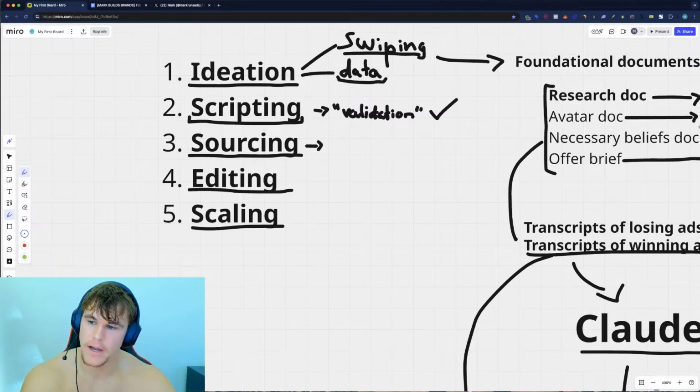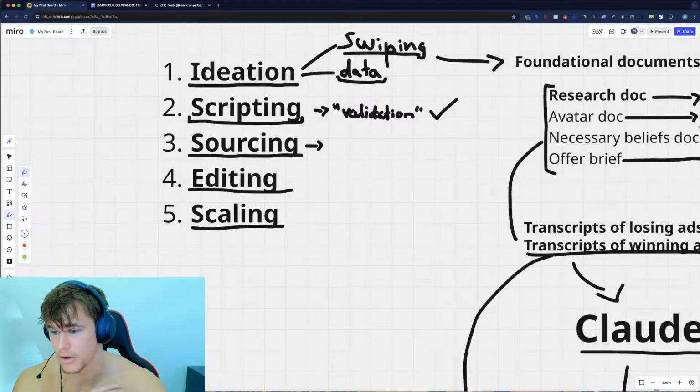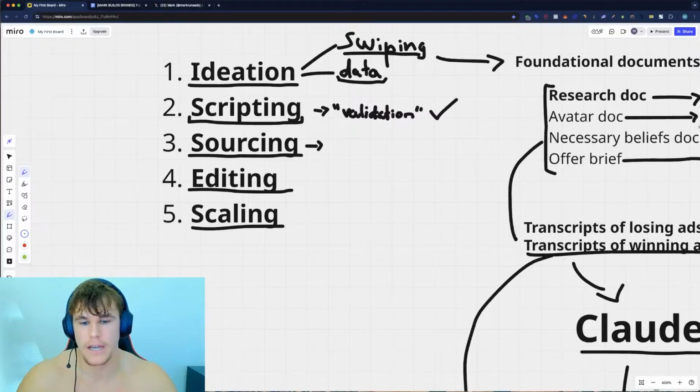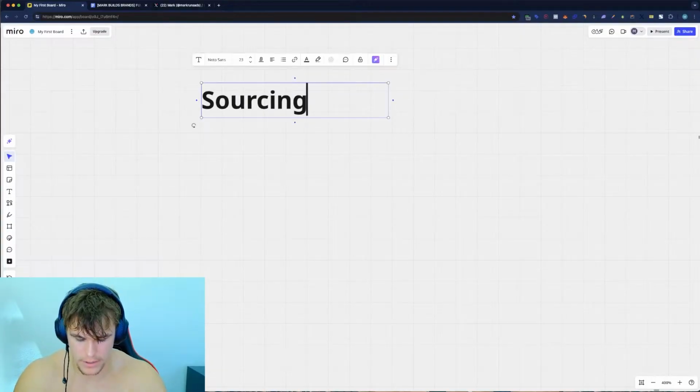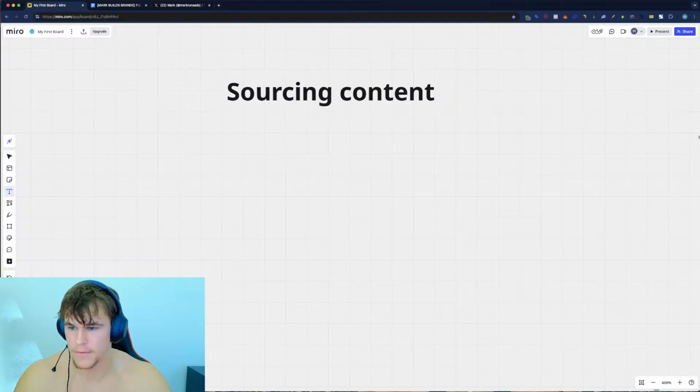You get it. For me, I don't participate a whole lot in this process because I have a team. So I'll literally just say, hey, this is a script. I send it over. I send the general ad ideas, like what type of ad is this? Is this UGC? Is this going to be VSL, traditional? Is this going to be a typical ecom ad, static, etc.? I'm going to use all that and send that straight to the editors. However, if I didn't have editors, what I would do is use a combination of a few different resources. So with sourcing content, I would be using a few different types of content, right?